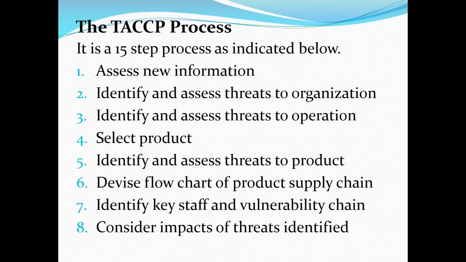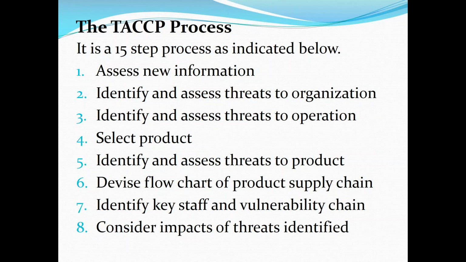Then identify the individuals and the groups that may want to target the specific product. So whoever is going to be the threat, maybe an individual, maybe a group, you have to identify the group or the individual. Then draw a process flowchart for the product. You have selected a product, then after that you draw a flowchart. It's not exactly a process flowchart, but it's a process flowchart related to threats.